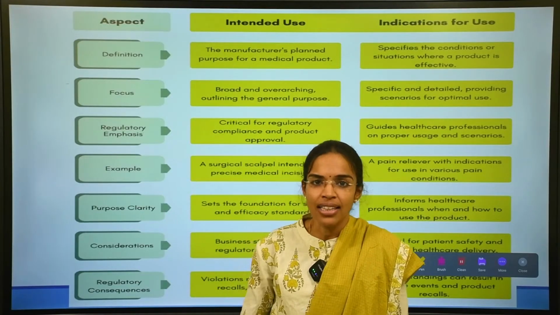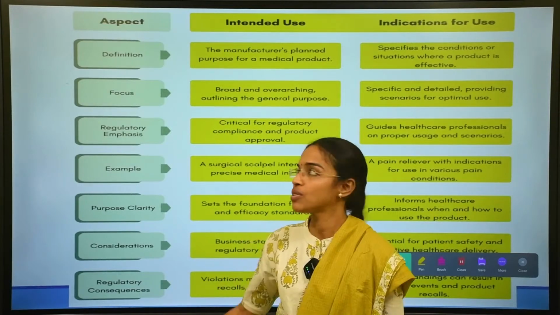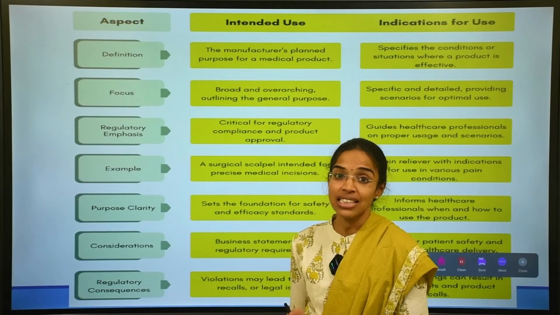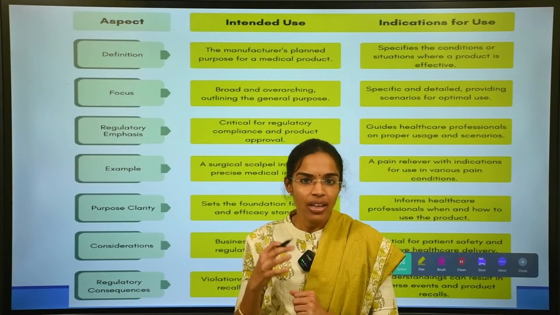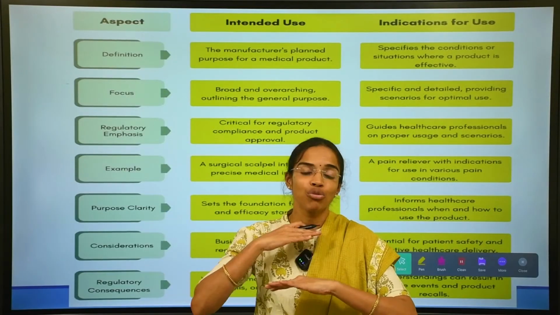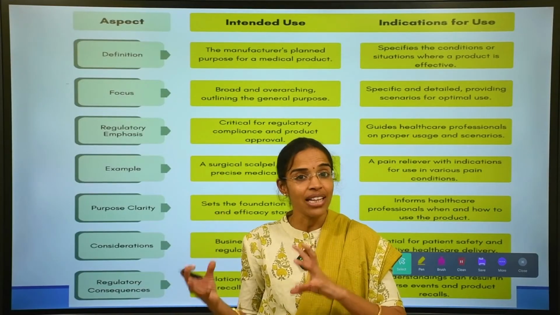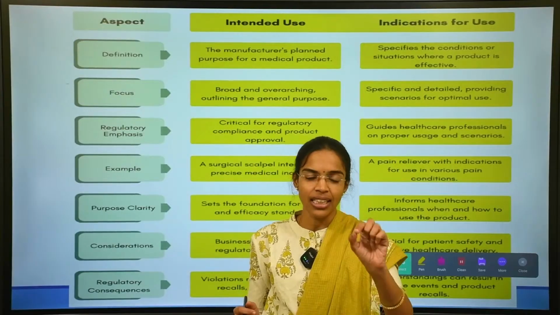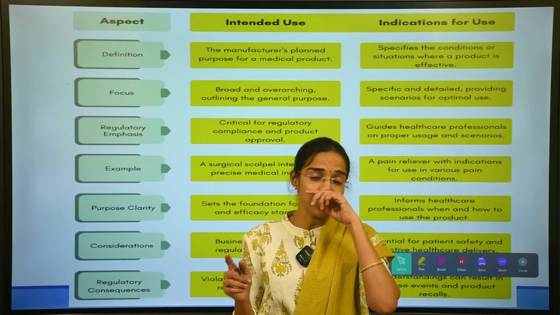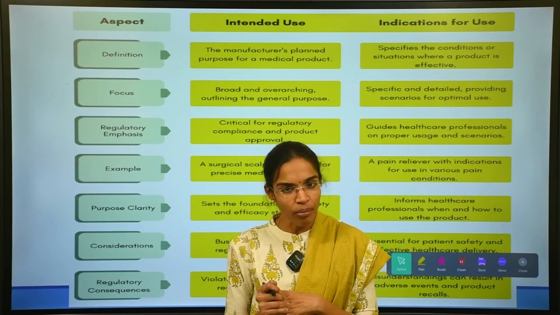But at this particular instance, what is the manufacturer claiming? Which use is the manufacturer claiming is its intended use, according to its definition or the regulatory emphasis? What is the necessity for this intended use? For the purpose of clarity, to follow in consensus with the regulations. Otherwise, if the rules do not include this intended use, there is every chance that the device may be misused. That is the major difference between indicated and intended use of a medical device.